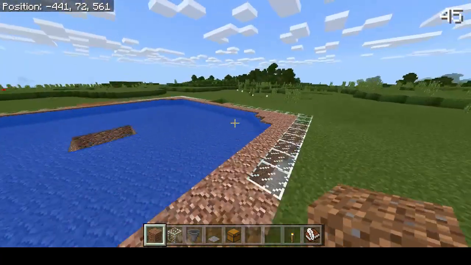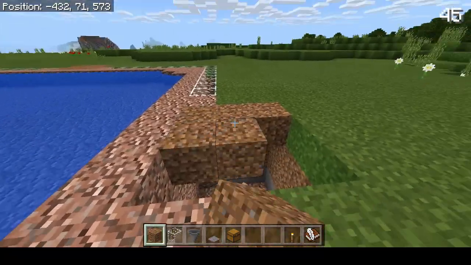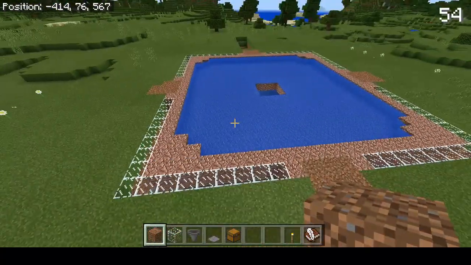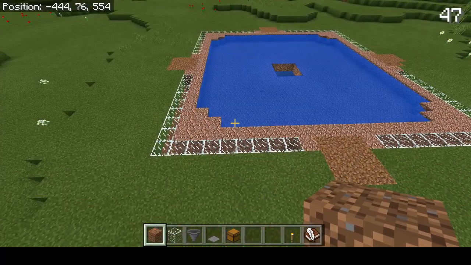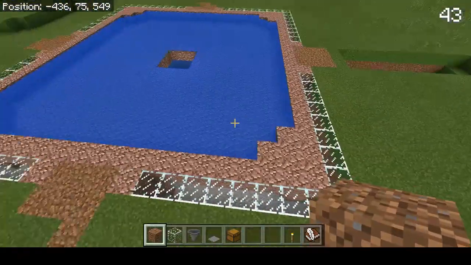And when I cover this up, there we go. So this is the completed iron farm. Of course, this design is to go underground. It's a little bit different if you want to build it above ground, which I'm going to show you in a few minutes. Now, the main reason I put my iron farms underground is that their footprint is a little